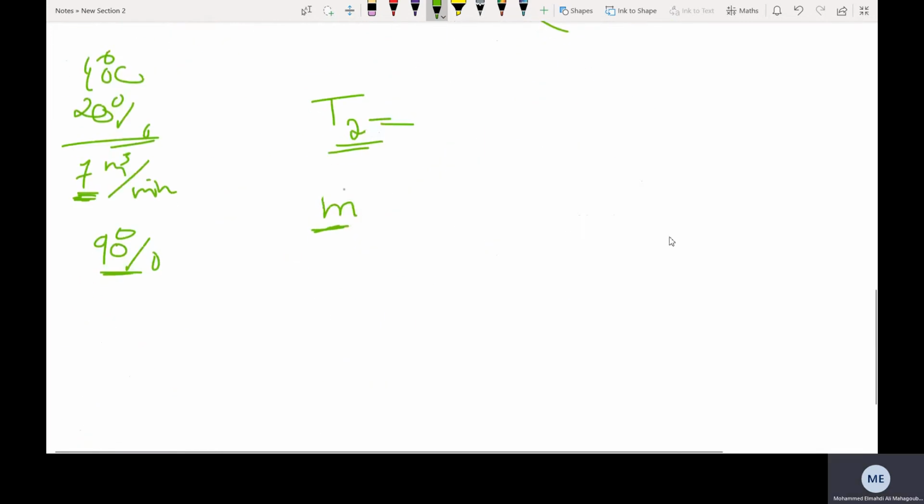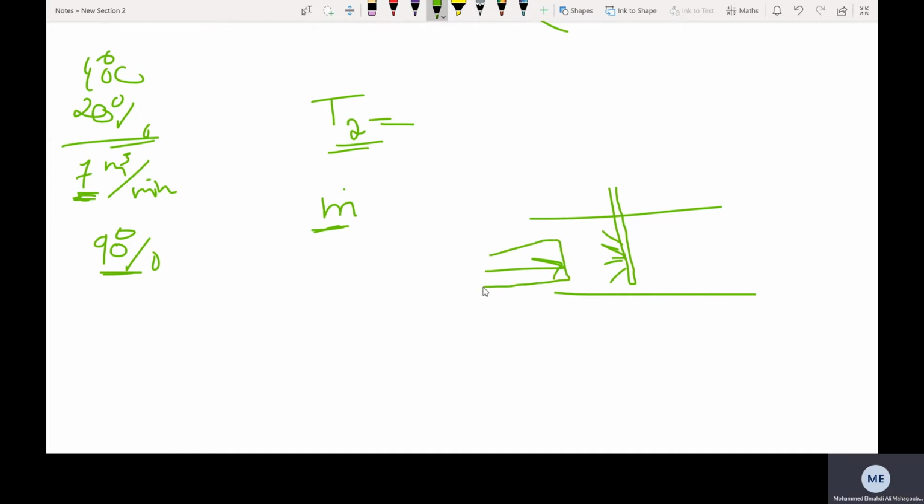Let me explain the process real quick. I have here my duct, and this is the flow of air going like this. What happens is that I inject some amount of water spray. But this air should be cold and dry. Okay, this air should be cold and dry. And when I have this cold and dry air, and then I give it some humidity, there,